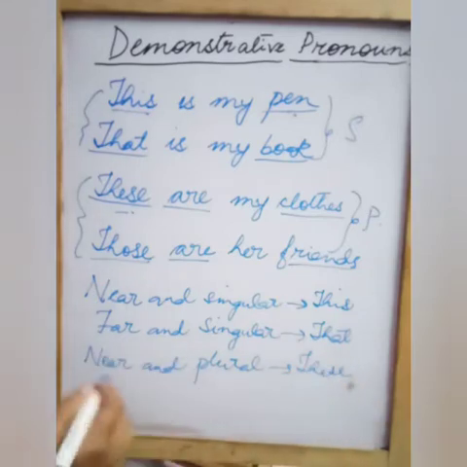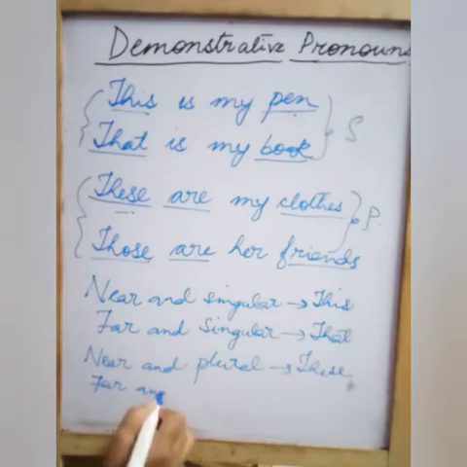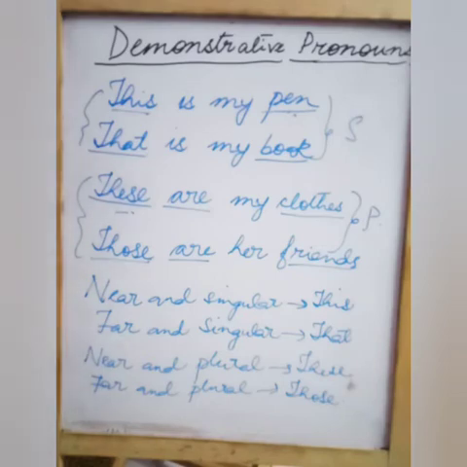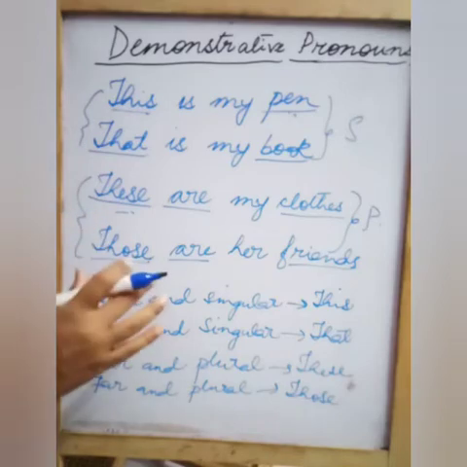These. These. And far and plural, it will be what? It will be those. Right? So these words which are replacing the nouns in a sentence, or indicating or specifying a particular